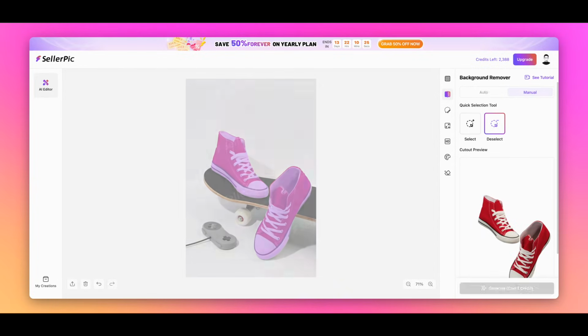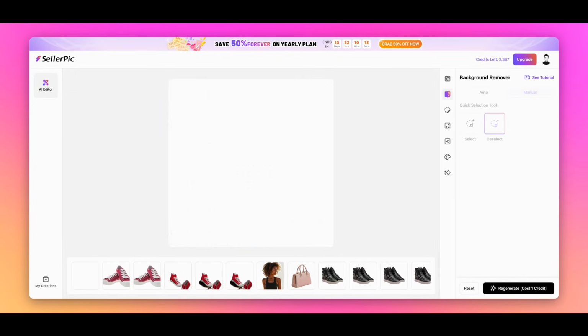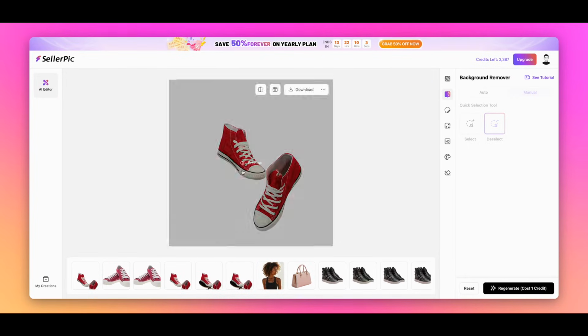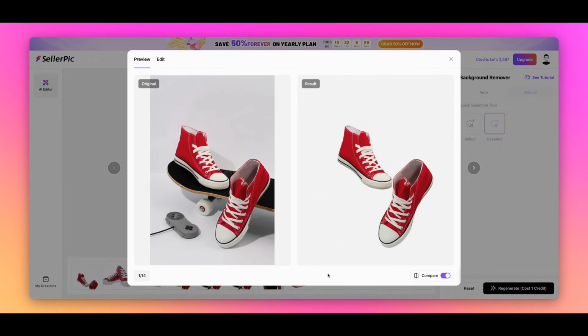Here's a pro tip. Once you've removed the background, SellerPic gives you several options for what to do next. You can download the image with a transparent background for maximum flexibility, or you can instantly place your product against a pure white background, a colored background, or even a gradient, all without leaving the platform. Background removal is essential for creating professional product listings that meet marketplace requirements. Platforms like Amazon, eBay, and Etsy often require products to be displayed against a pure white background, and SellerPic makes